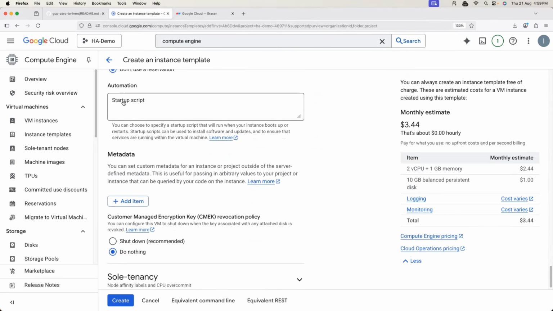I'll add the automation script, or the startup script. So what exactly does this do? When the instance spins up for you, if you want to install any packages, or if you want to install Nginx, HTTPD, or maybe an Ubuntu or a Debian package, you can do it with the startup script. So this script executes as soon as your instance is booted, and it is executed as